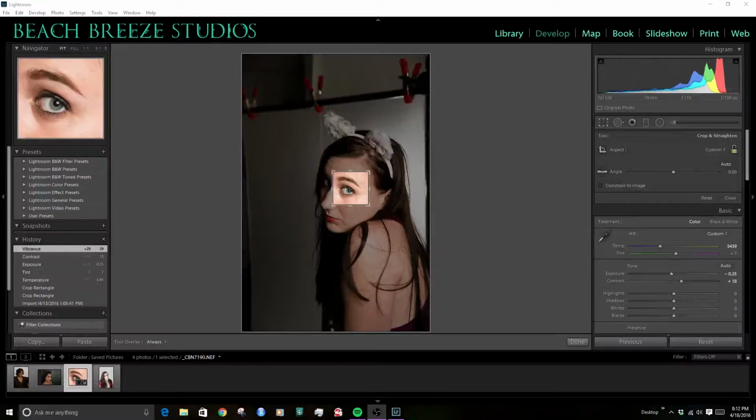Alright, hello, welcome back, and this week we're going to be working on an eye. Like I said in the video before, we're going to show you how my workflow works for editing a photograph. Right now I'm only going to work on an eye because you can see how we deal with the hair, the eye, the skin, and everything else can pretty much extrapolate down to the rest of the body,